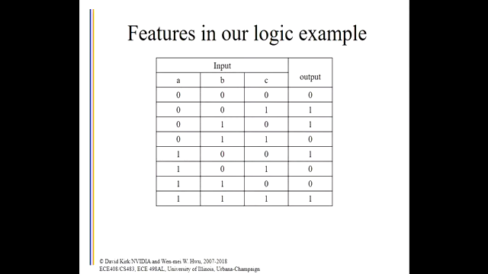So let's go into this a little bit and say, okay, back to our truth table. What are the features for this truth table for this particular application? It turns out that as a human, you'll be able to see that this is exclusive OR. This is an exclusive OR logic. Whenever you have an odd number of 1 bits in your input, you're going to have an output 1. So one of the features that you can use to learn these things is that